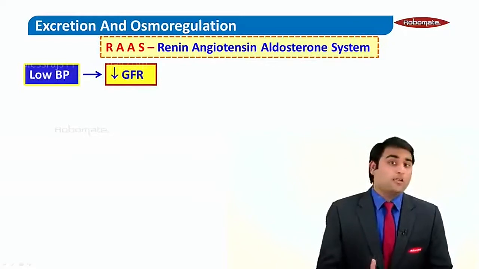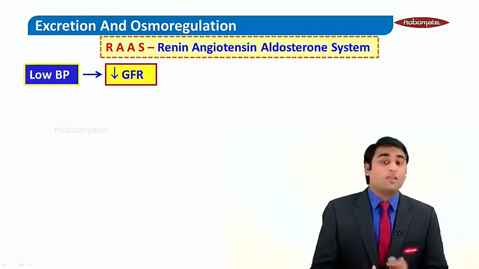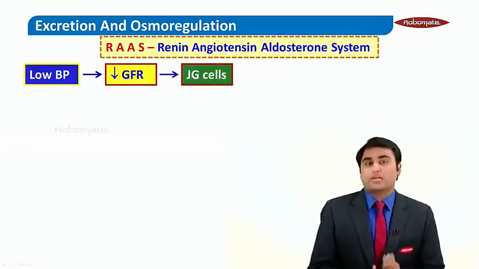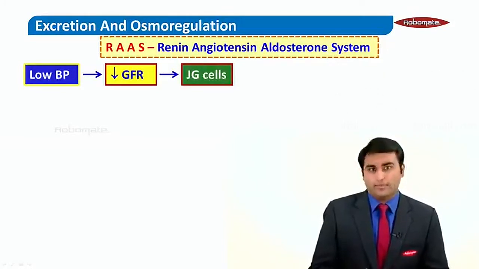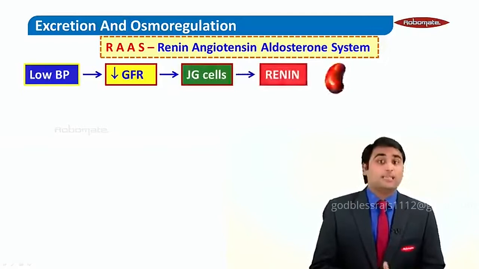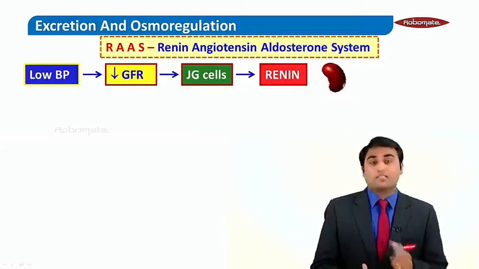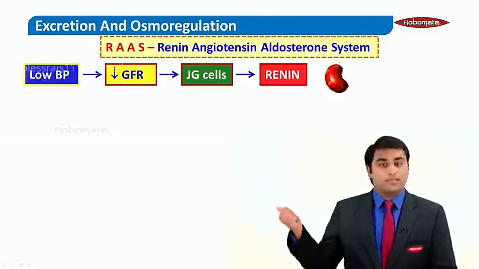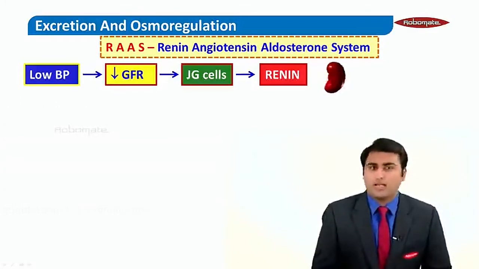Now as the glomerular filtration is decreased, the cells which are lying very close to the glomerulus, which cells? Yes, the JG cells, that is the juxtaglomerular cells, will get stimulated or activated. Now due to this, they will secrete an important enzyme, that is renin. Now let's revise once again what has happened here. Due to low blood pressure, there is a secretion of an enzyme, that is renin, from the juxtaglomerular